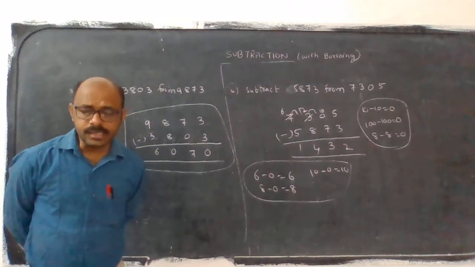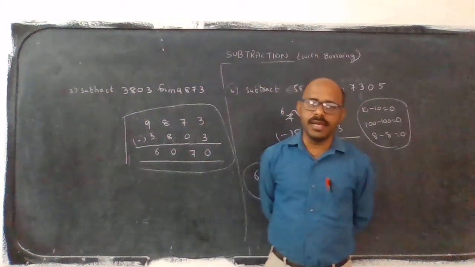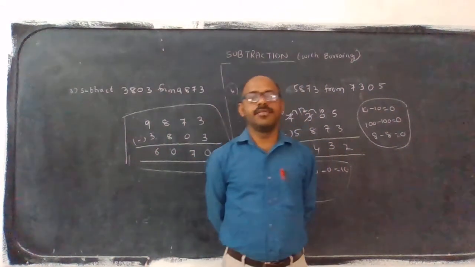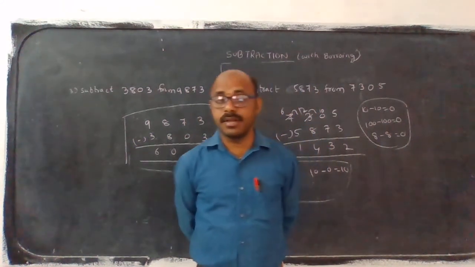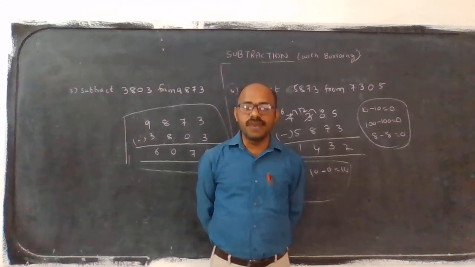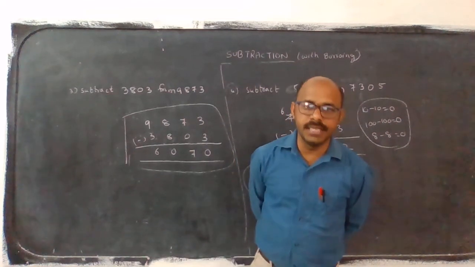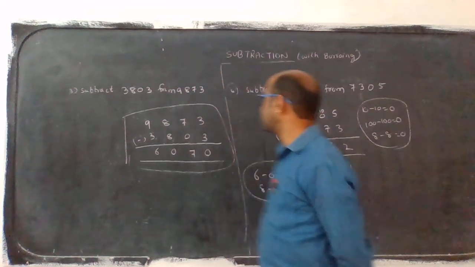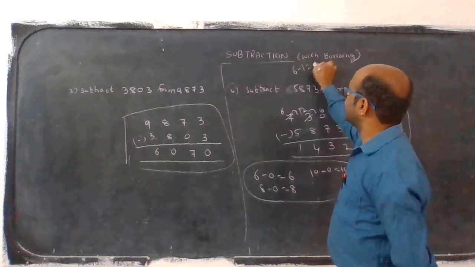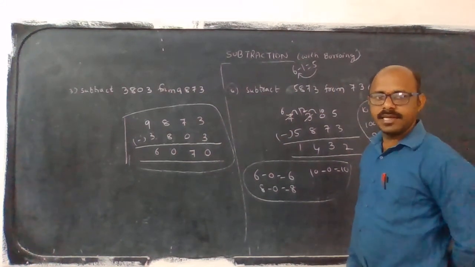Okay? Next one. If you are subtracting 1 from any number, the difference we get is the number before it. That is the predecessor. One more time I am repeating: whenever we subtract 1 from any number, the result is the predecessor of the number. Example: 6 minus 1 is 5. Then 5 is the predecessor of 6.